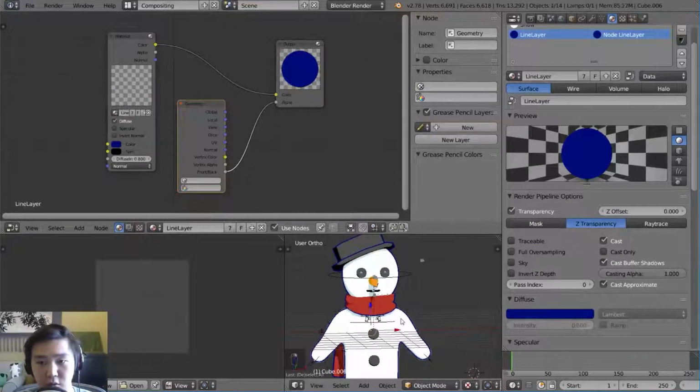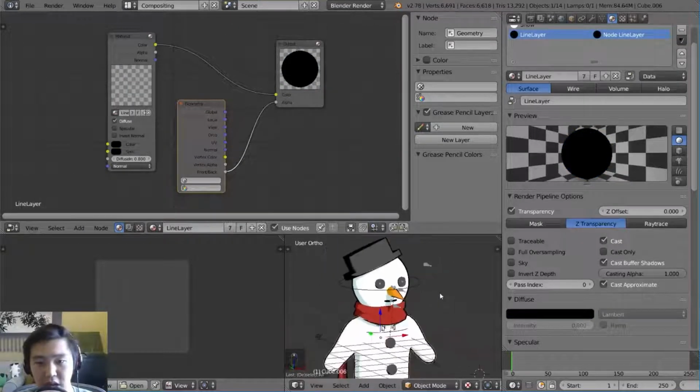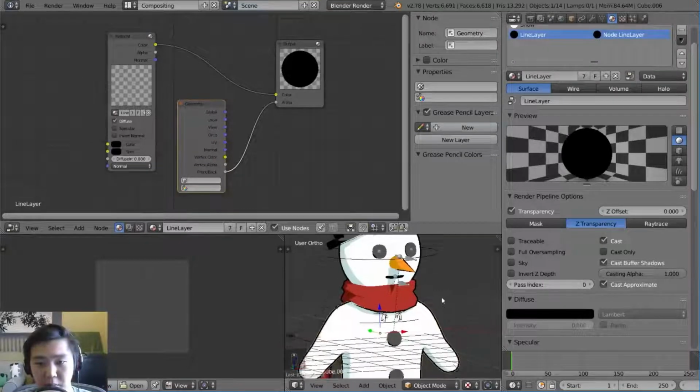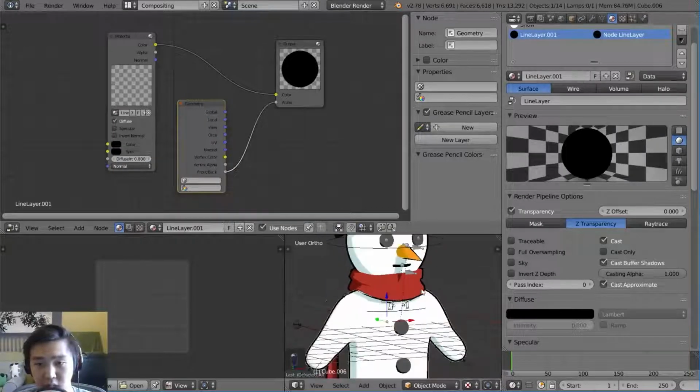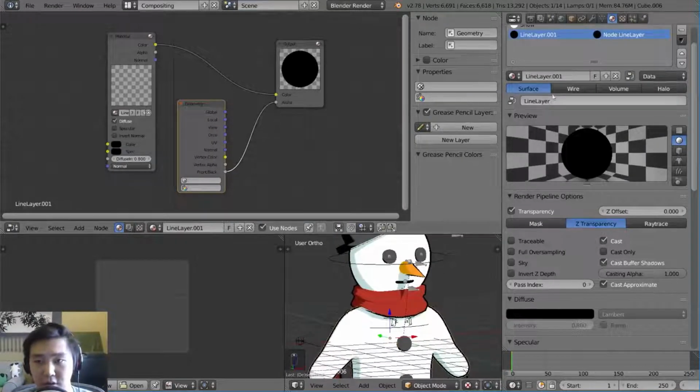So what we're going to do is create a new instance of this line layer. We reset that to black for everyone else to be happy, all the other meshes. And then I'm going to select the body, as we always do. Start with the body. And I'm going to click this number 7, which is how many objects are using it. You guys know the drill. So I'm going to call this line layer snow. So this is the snow line layer.